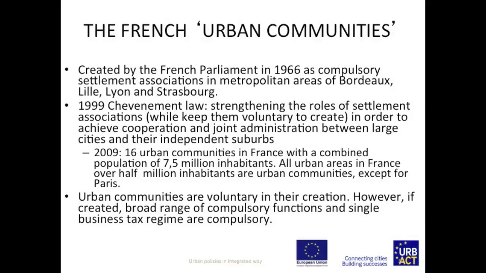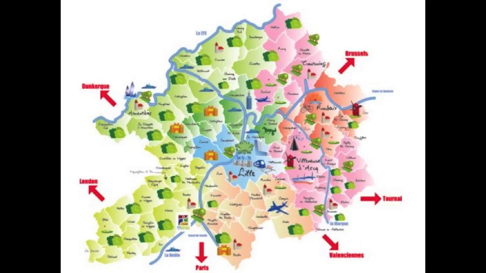One good example for governance on the functional urban area are the French cities. For example, here you have Lille. Lille is a quite small city of 200,000 people, but all the basic decisions are taken in Lille Metropole, which is 1.2 million people, having 85 mayors together. This is the correct size where you can decide about strategic planning, about housing, about transport, obviously. 85 mayors are sitting together and they make joint decisions.